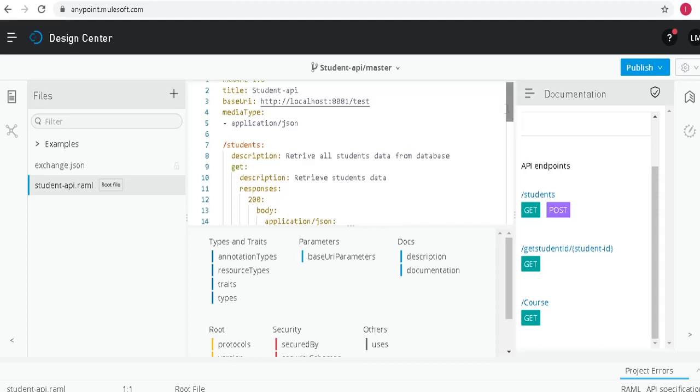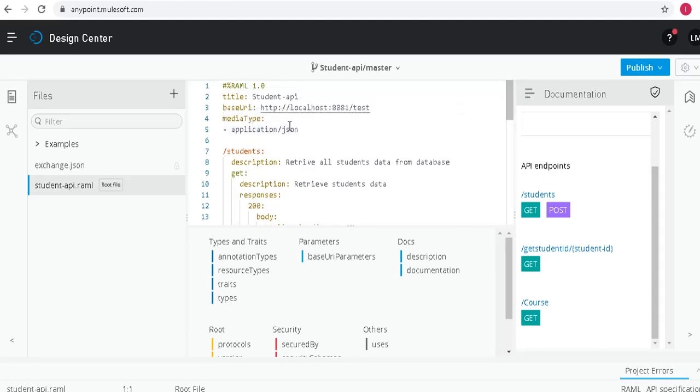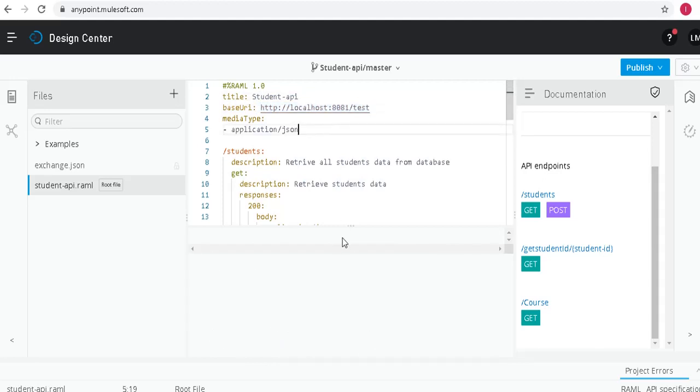Okay, but you need to remember one thing. By default, while creating the RAML, I have given the base URI, this one. But once you do the implementation and deploy this application into Runtime Manager, you need to replace that with the actual Cloud Hub URL here in order to reflect the actual operations to be connected. Okay, so I already published this RAML into Design Center. Once we change this base URI, again we need to republish this API in order to work.